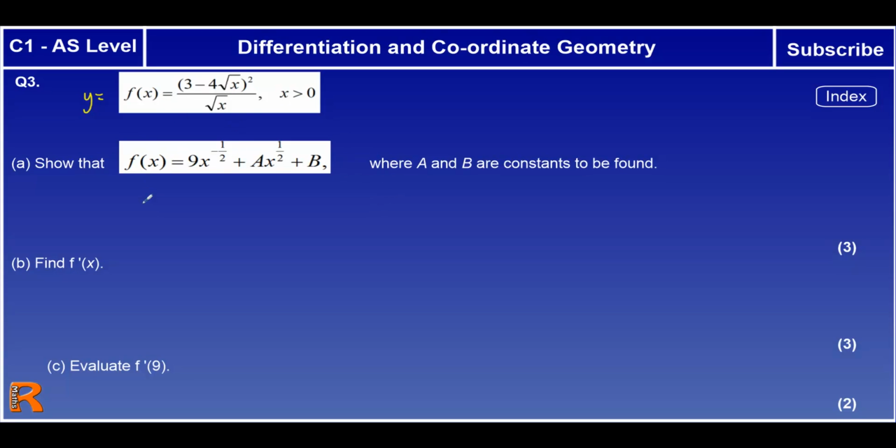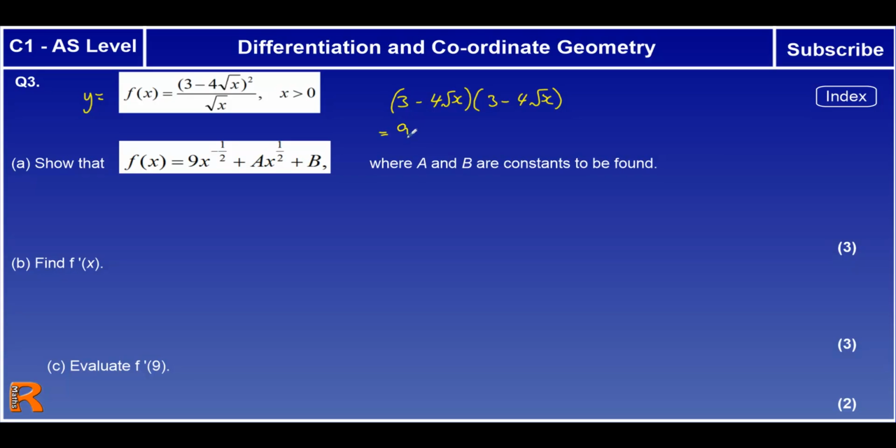So again, if we think about each term, this top bit's squared, so we really need to do that first. So let's actually do that here. The bracket squared means it's got two of the same brackets. When we multiply that out, we get